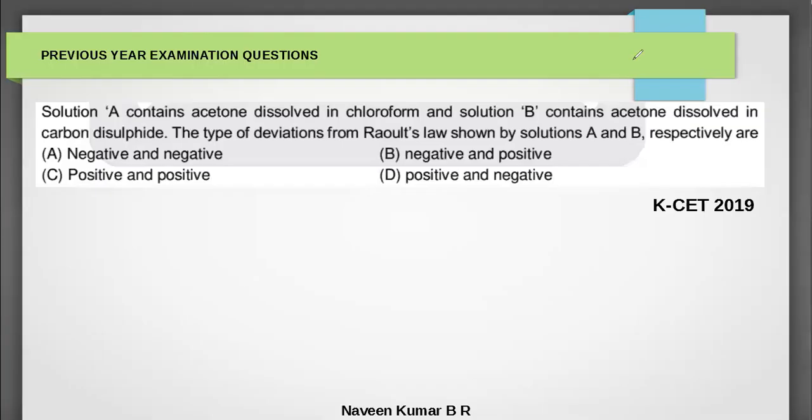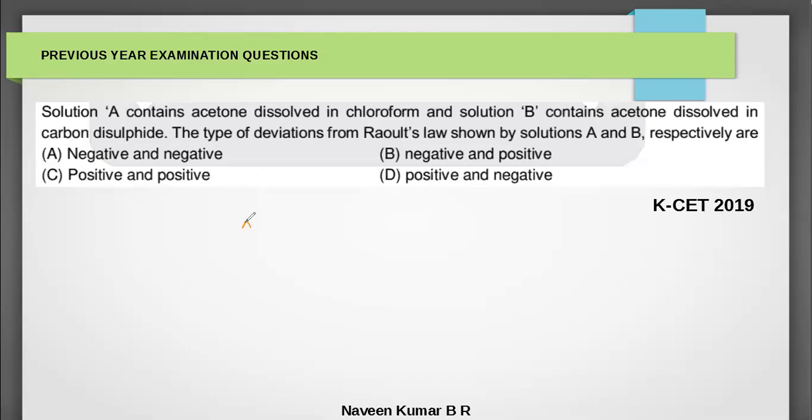The next question, again from Karnataka CET 2019. A total of 3 questions were asked in the year 2019, and the third question is a direct conceptual question. The question is: solution A contains acetone dissolved in chloroform and solution B contains acetone dissolved in carbon disulfide. The type of deviation from Raoult's law shown by solution A and B respectively are the same examples we have